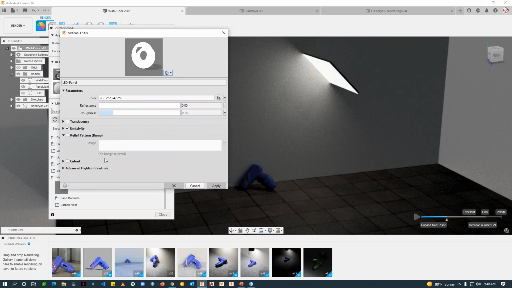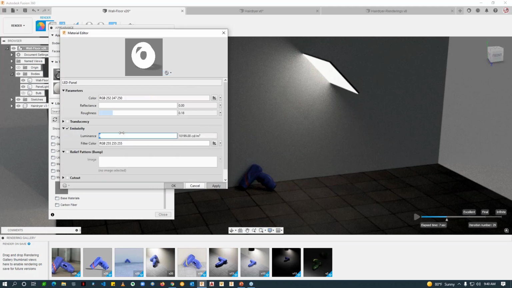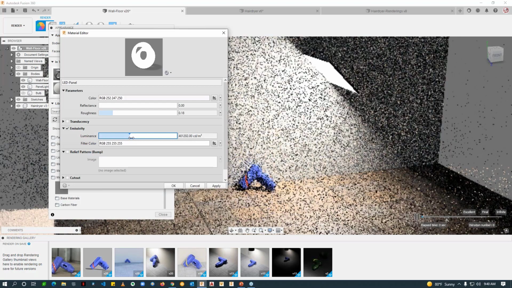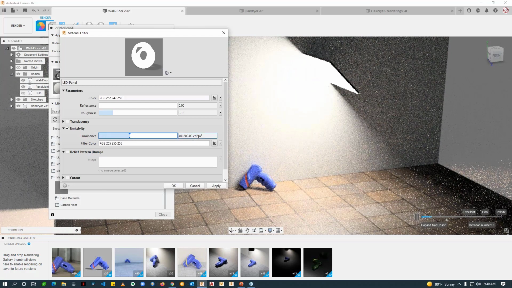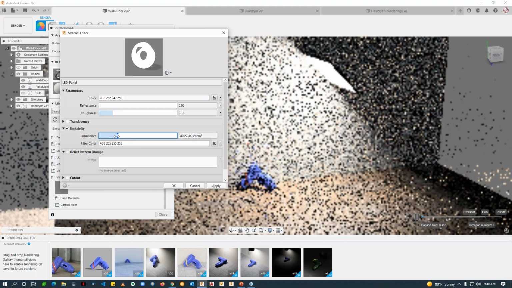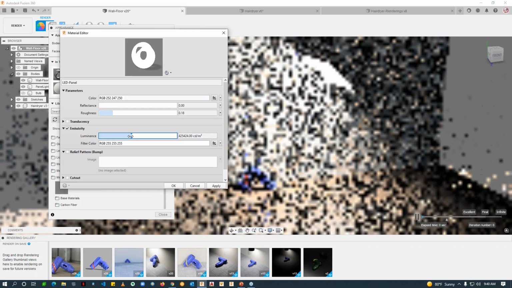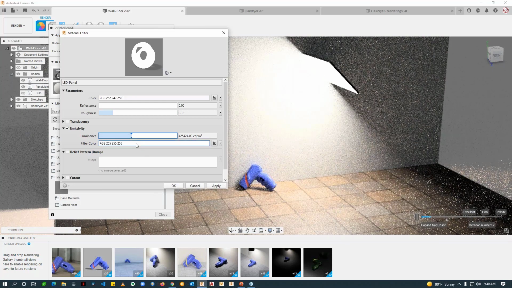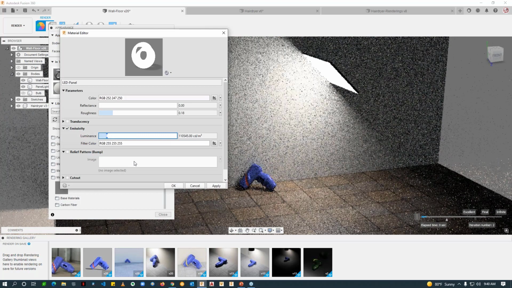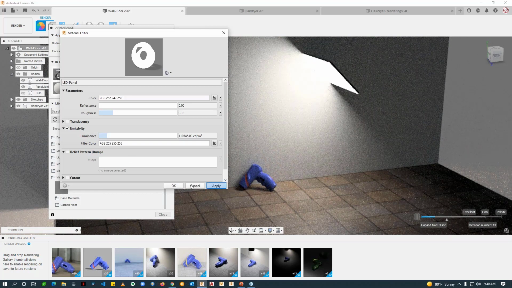So we can change the, it's under emissivity, right? We can change the lighting here, the luminance. And I'm not sure what these units are, but something per meter, CDs per meter squared, I guess it is, I don't know. And you can see I can turn the brightness up and down on this. Maybe that's a little too bright. Okay, and the way I've created this